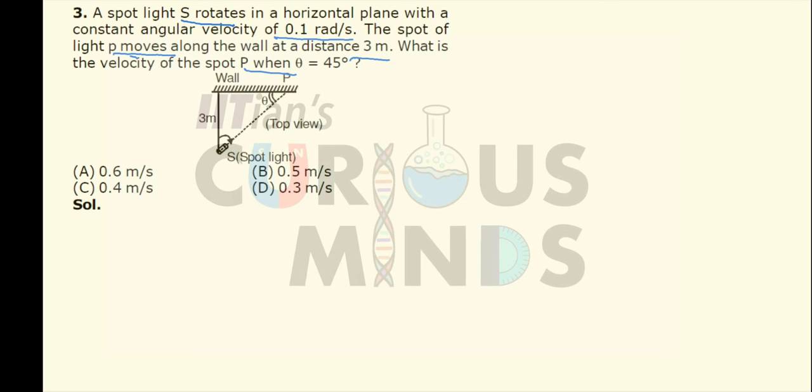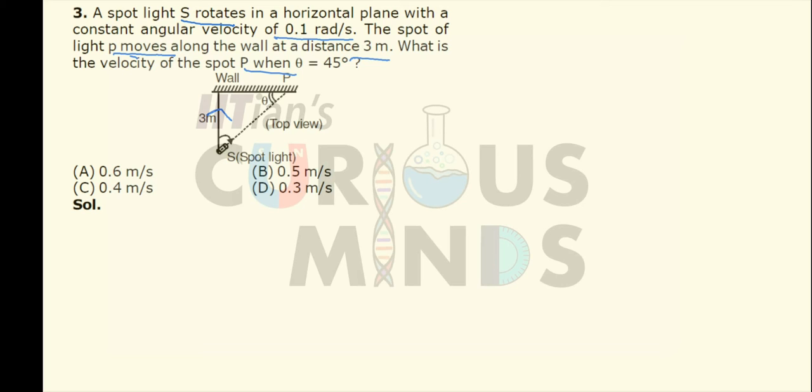So what is happening in this sum? There is a spotlight which is emitting light in this direction. Then it will rotate a little anticlockwise, it will emit light in this direction, this direction, this direction, and so on. Okay, so now initially let us assume that it was having a angle, or it